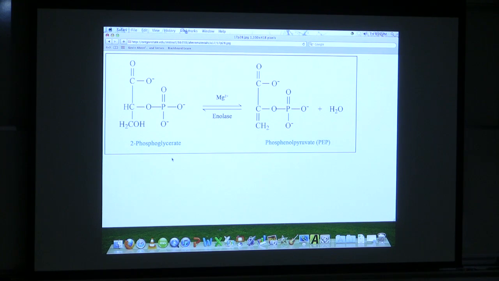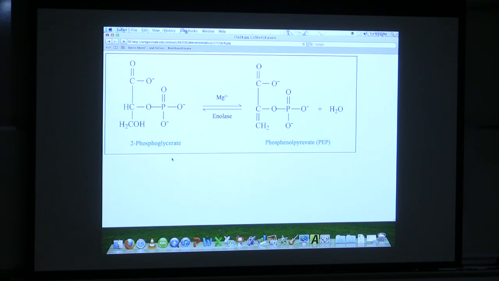Well, the next reaction is a pretty straightforward reaction. We actually pull water out of this guy. Okay? So 2-phosphoglycerate, which is called 2PG, by the way, loses water and makes this double bonded molecule here. This guy, phosphoenol pyruvate, also abbreviated PEP,